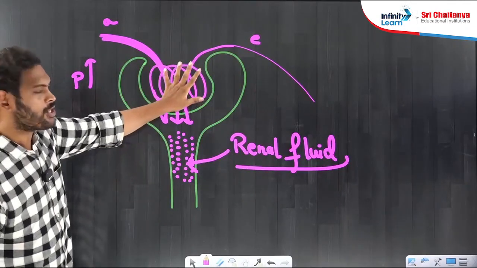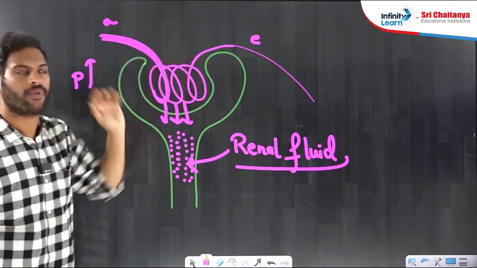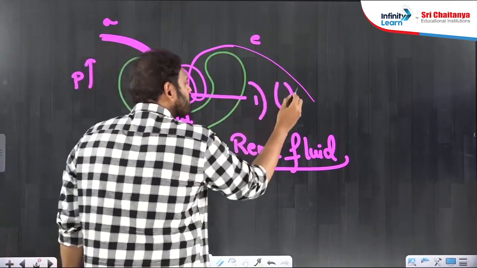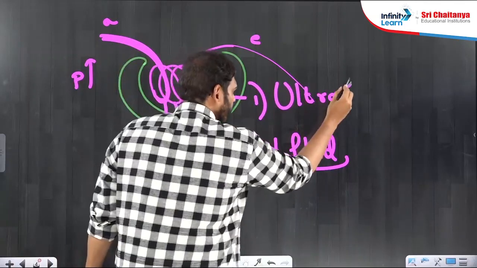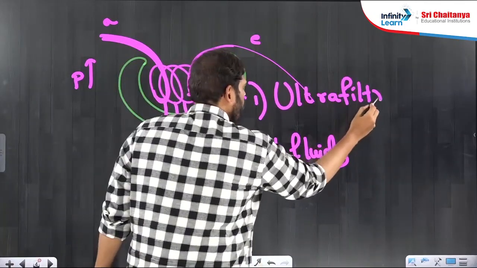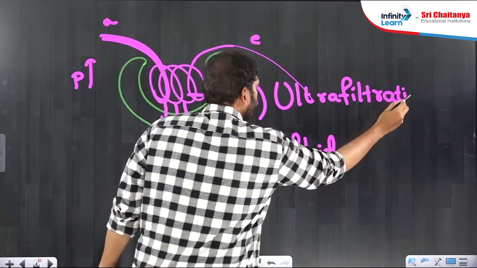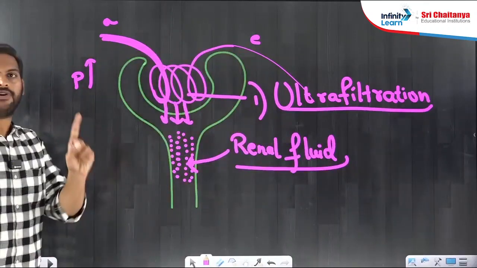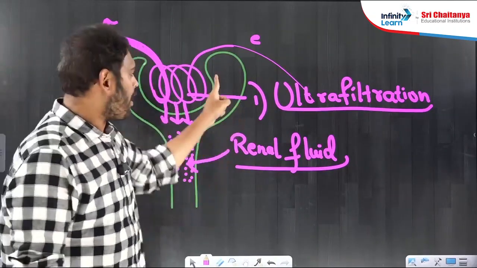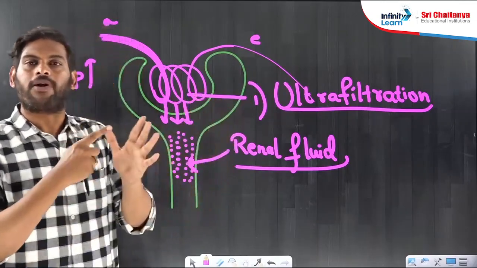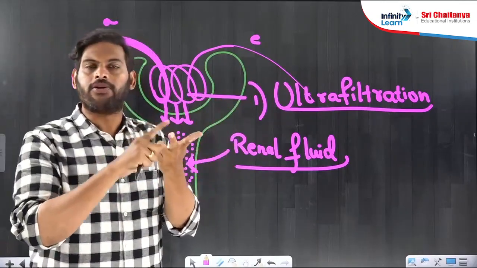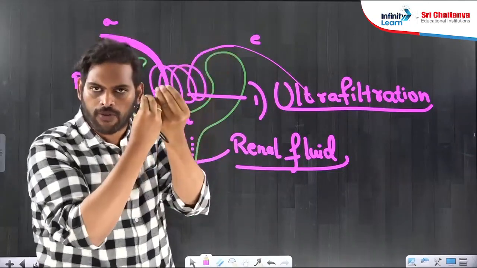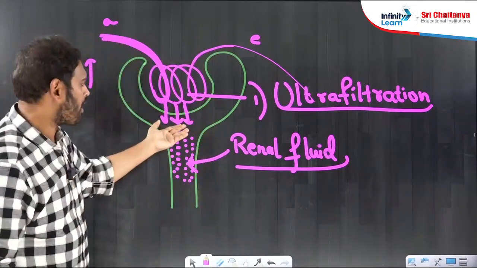As this filtration is happening at very high pressure, this filtration happening at glomerular level is actually called ultrafiltration. Not normal filtration, it is ultrafiltration because it was happening at very high pressure. The first step of urine formation: ultrafiltration. So plasma, water, ions, minerals, soluble proteins, soluble hormones, they will easily filter out from glomerulus and enter Bowman's capsule